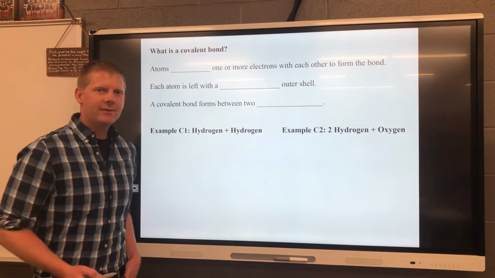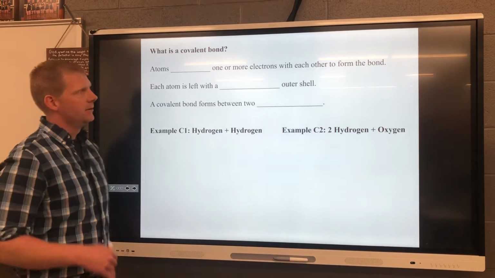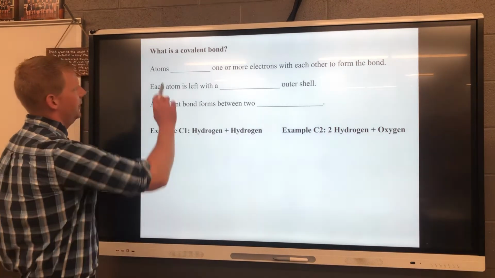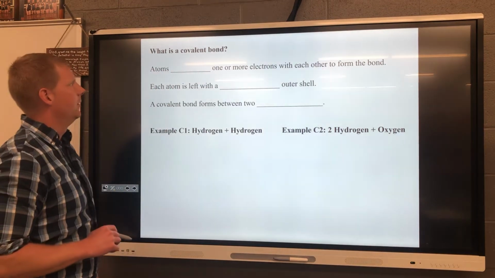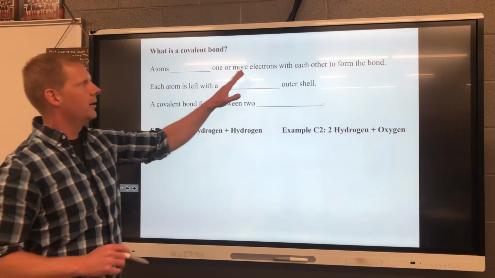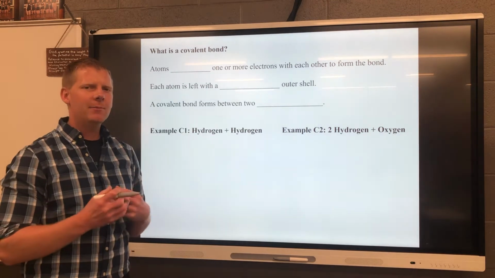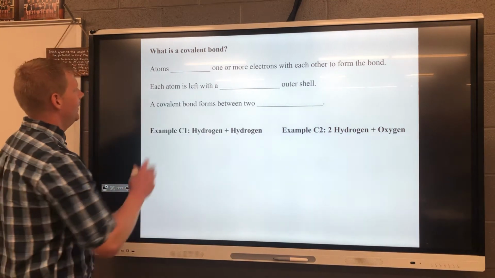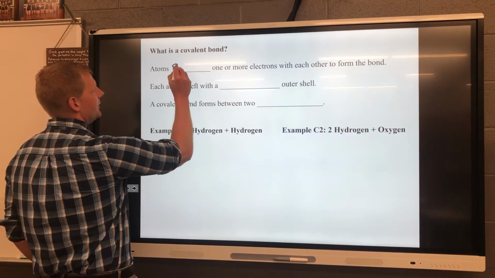Alright guys, today we're going to talk about covalent bonding. So we should have read about it a little bit, got a little bit of practice with it. So in a covalent bond, atoms share one or more electrons. We talked about ionic bonds, where they give and take electrons to form charges. Well here you can think of atoms as basically going to share